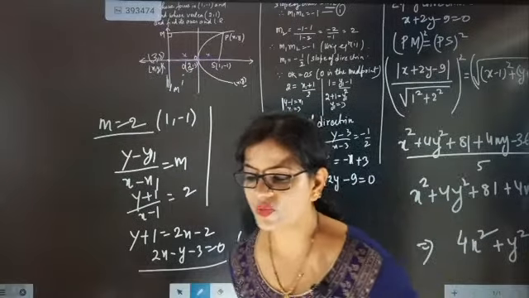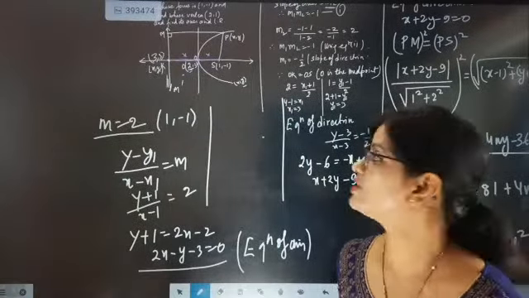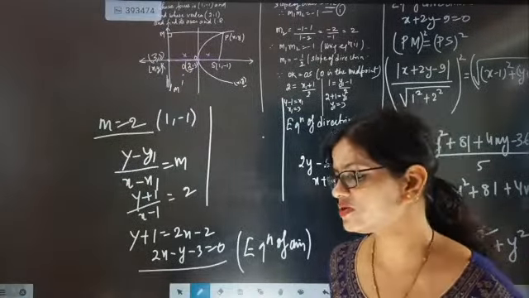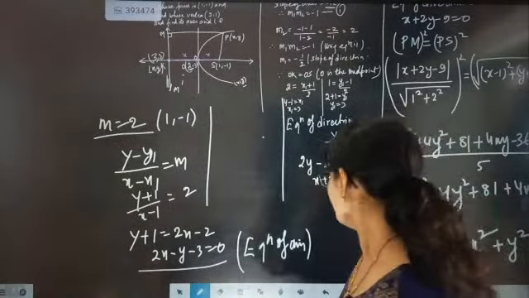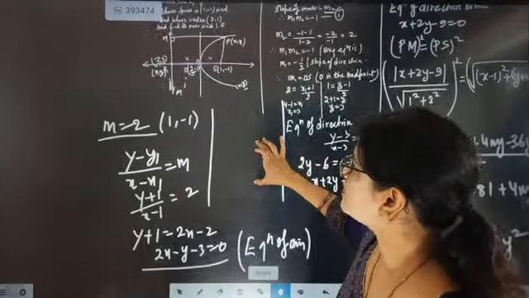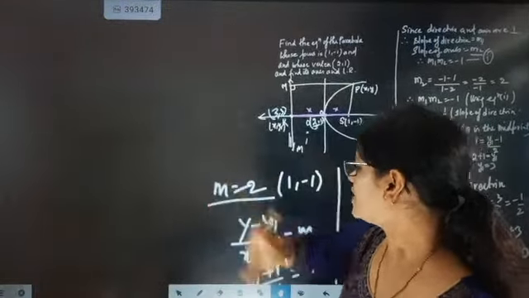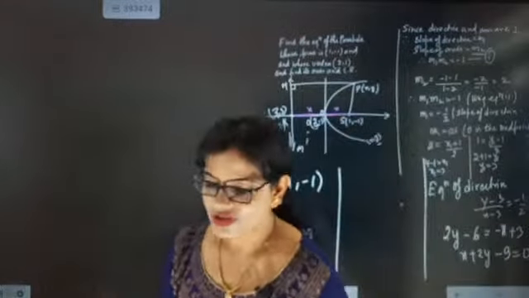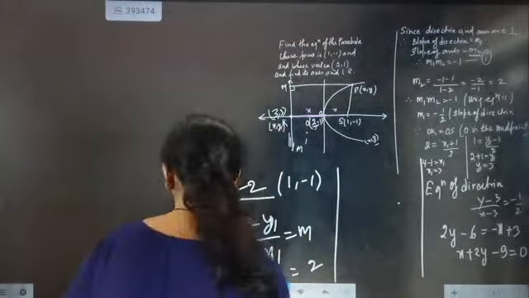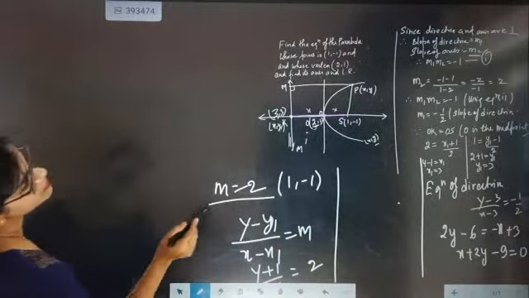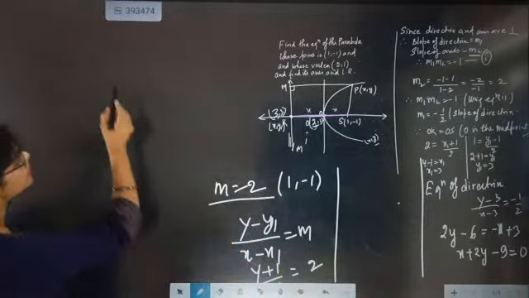Fine. Once we got the equation of the axis, the next important point is to get the latus rectum, because the second victim is the latus rectum. So today I am not going to leave the latus rectum also. So what is the equation for the latus rectum? I am solving the latus rectum here only because that side is already finished, filled. So now the latus rectum is coming as